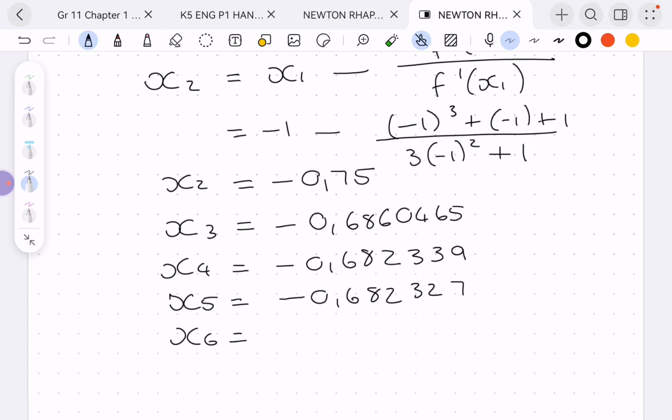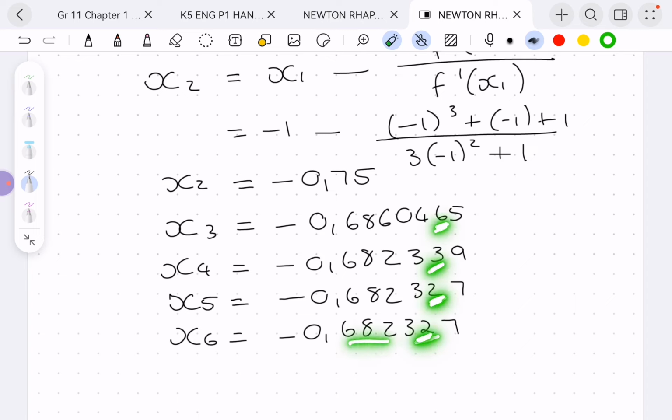X6, negative 0.6823327. Ah, great, it's starting to repeat. The fifth one started to repeat. Over here it was a 6, then a 3, 2, and a 2 again. Since it starts to repeat up to the first 5, I can now conclude that